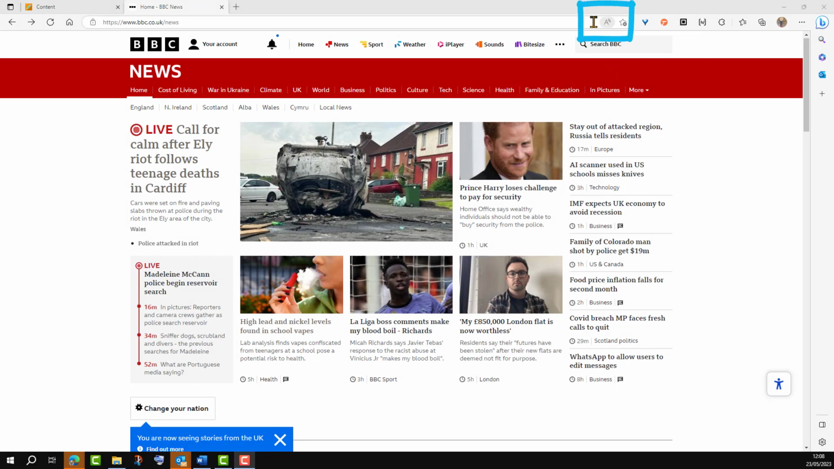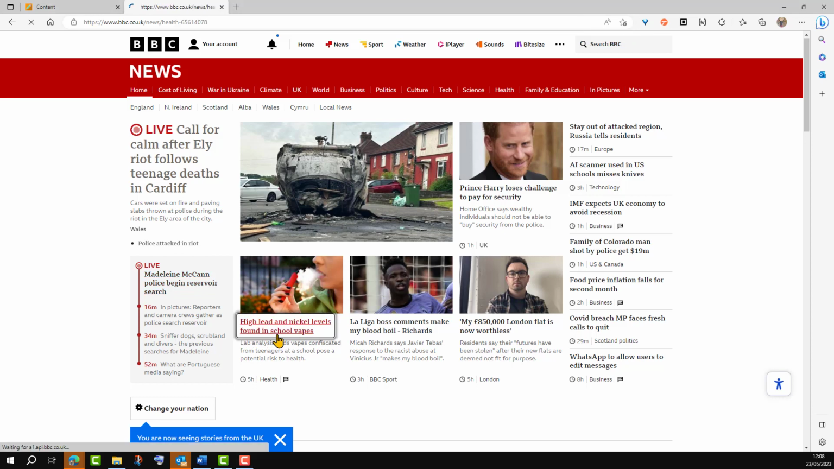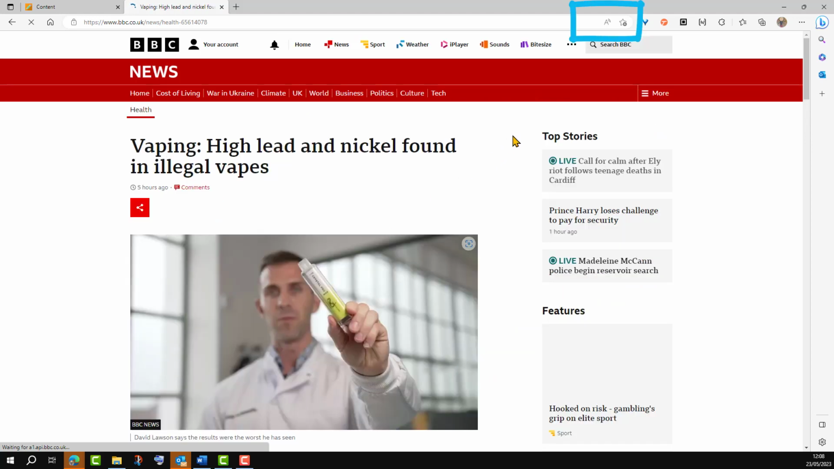So when you're browsing websites, so for example, I've got the BBC News website up. If you look in the URL bar, you can see the read aloud symbol, but not the Immersive Reader symbol. The reason is you've got a page with lots of different articles content open, so you haven't focused in on one, so it's not giving you the option for Immersive Reader. If I click on a specific article, you should see Immersive Reader's symbol appear,